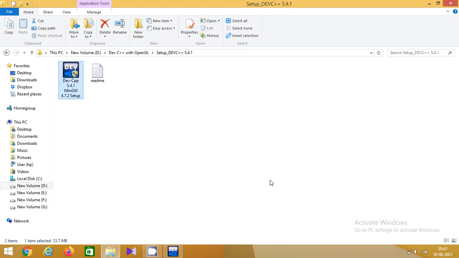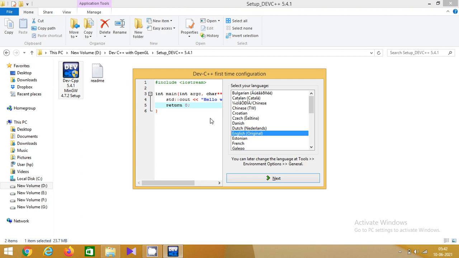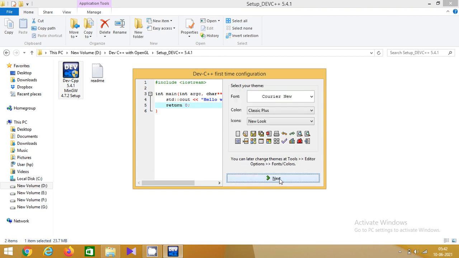Now Dev C++ will run for the first time, and there are some first-time configurations which should be done. Keep the language as English by default. Just click on the Next button. Then it will show you the font style and the icon styles which will be used in the Dev C++ IDE. Keep them default.